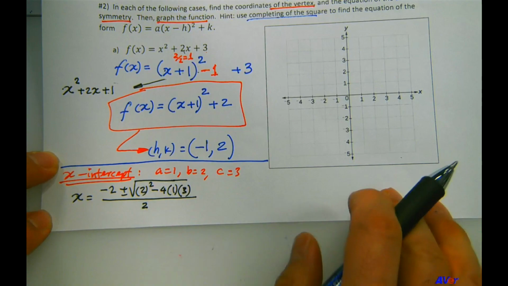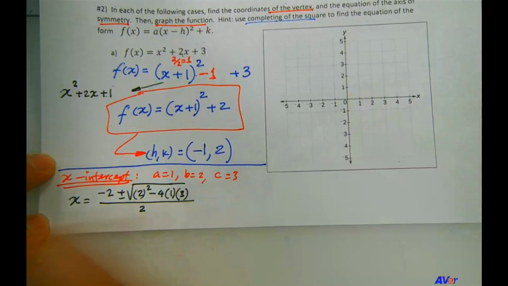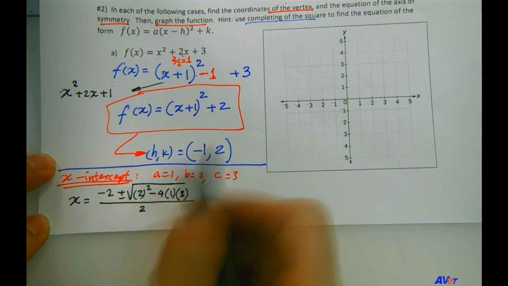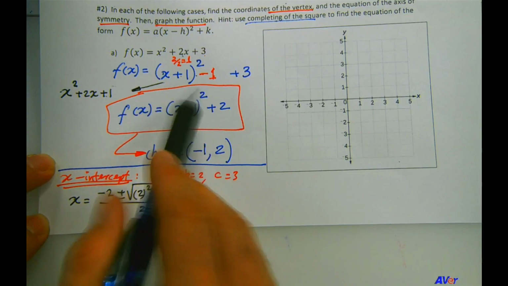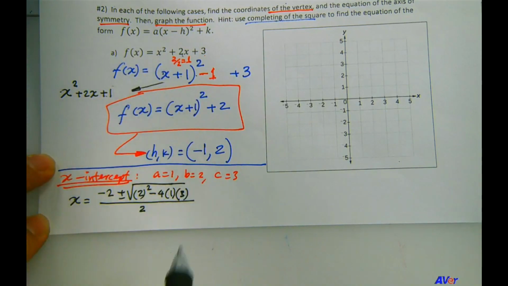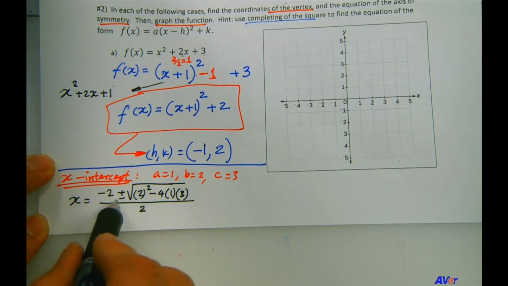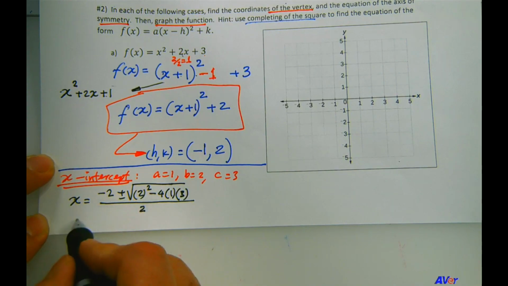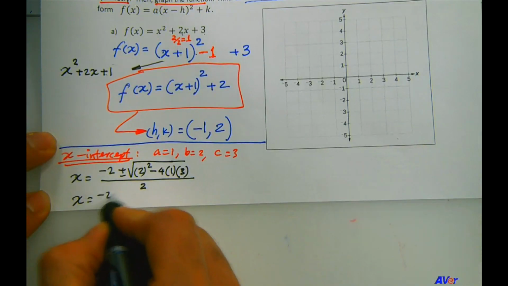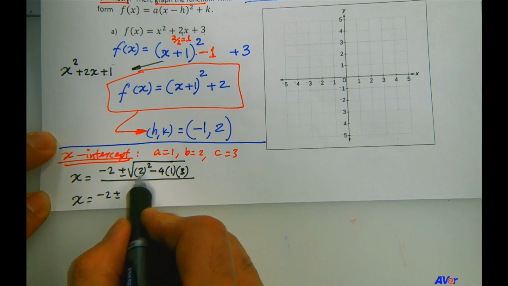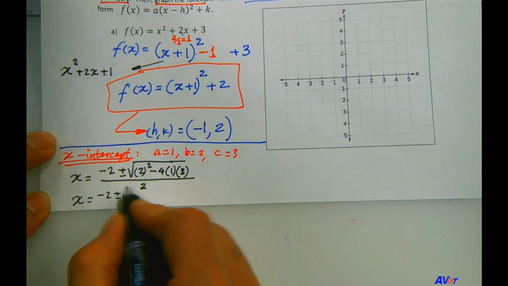So this is going to be a complex root, so it's going to be quite awkward to graph, but we can approximate. When I picked this example, I wasn't thinking about the x-intercepts, so I picked it so that we could apply the completing the square method, but it's okay. I'll just approximate it. But so you know, the x-intercepts are going to be complex numbers. So x equals -2 plus or minus the square root of 4 minus 12. That would be the square root of -8